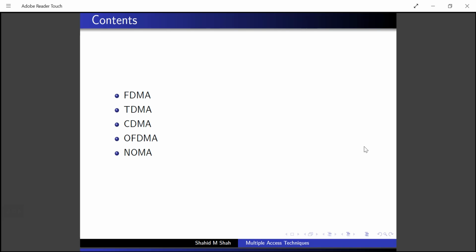Okay, so here are the various multiple access techniques which some of you might have come across. One is frequency division multiple access, time division multiple access, code division multiple access, and then some of the recent techniques. One of them is OFDMA, orthogonal frequency division multiple access, and non-orthogonal multiple access. We will study the first three in detail, and we will give a brief introduction of the last two multiple access